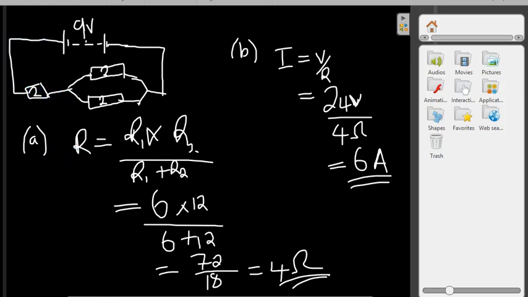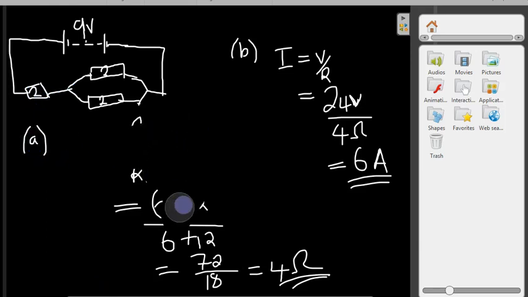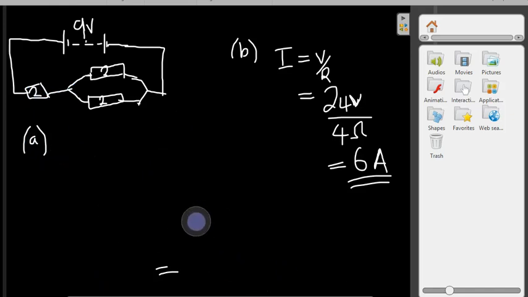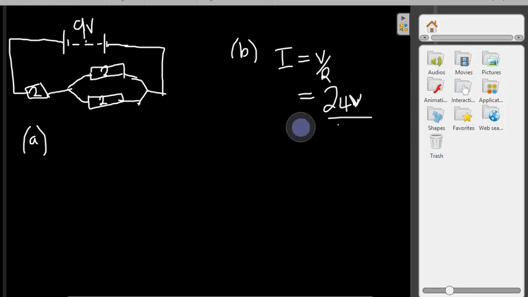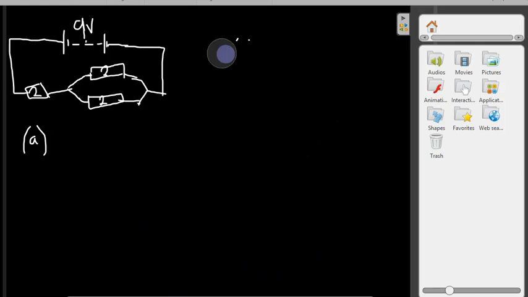Then let's create more space where we are going to do the work by rubbing off some of this we have already done. So what's our first question? Our first question is to calculate the effective resistance. The other part is here: there's an ammeter, given by its symbol, which we discussed already in the common symbols for electrical circuits.